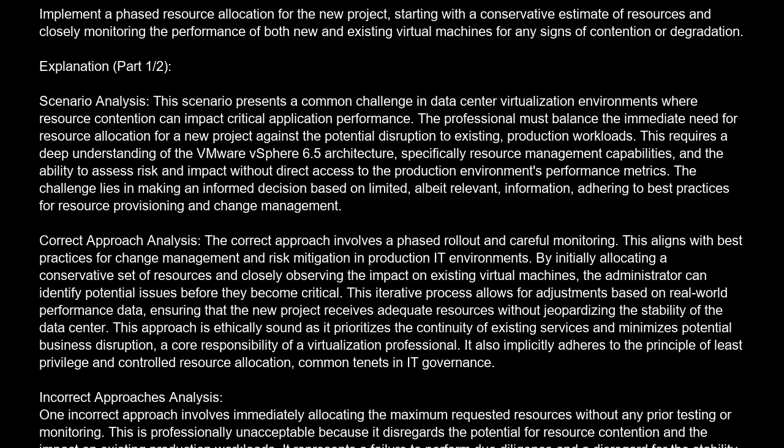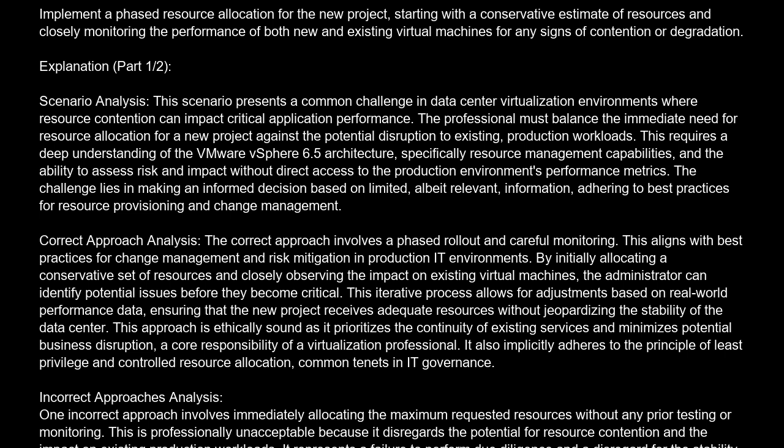Implement a phased resource allocation for the new project, starting with a conservative estimate of resources and closely monitoring the performance of both new and existing virtual machines for any signs of contention or degradation. Explanation. Scenario analysis. This scenario presents a common challenge in data center virtualization environments where resource contention can impact critical